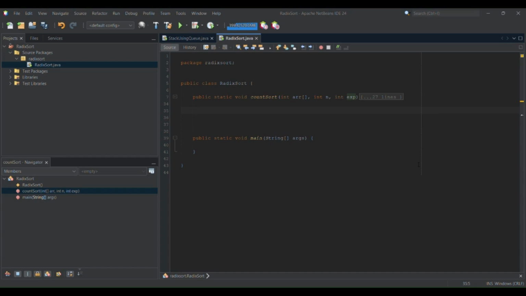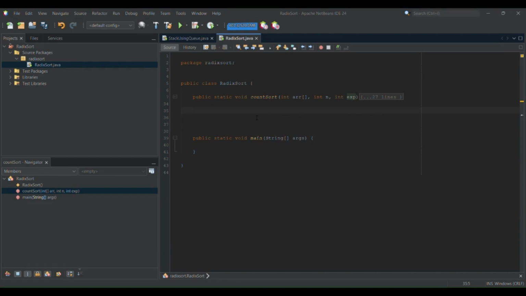So let's break down the Java implementation. First, you can see I have implemented a count sort method here, but I'm not going to go into detail about the code. So let's get started with the Radix Sort. The first thing we need to do is find the maximum value. Before sorting, we need to determine the largest number in the array, as this tells us how many digits